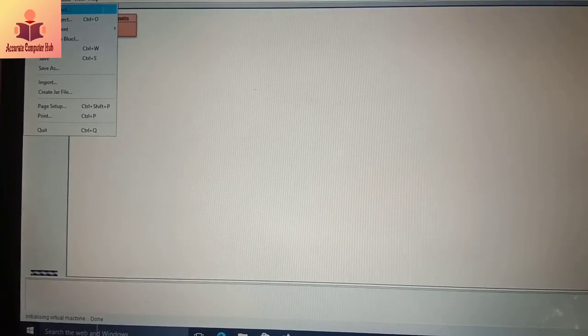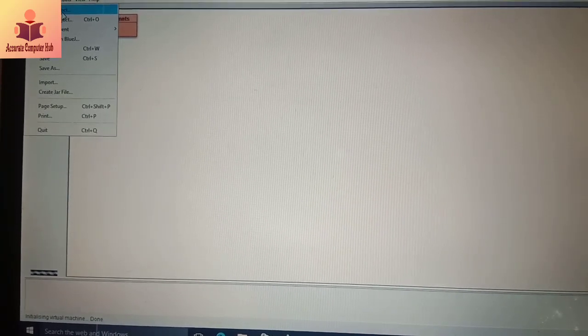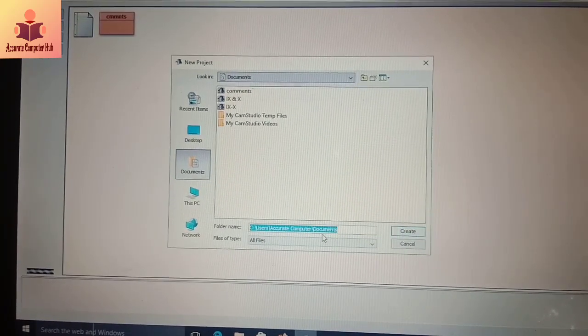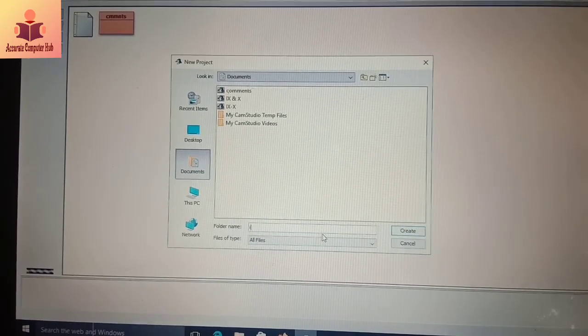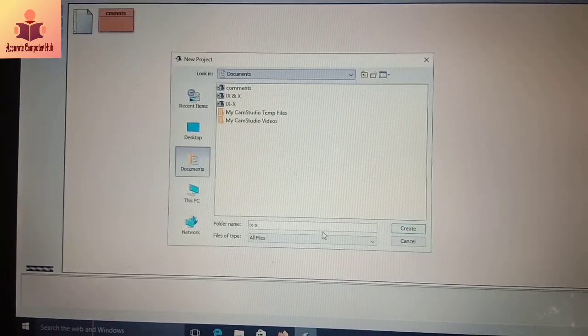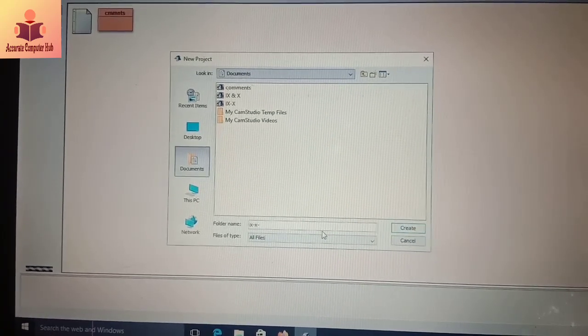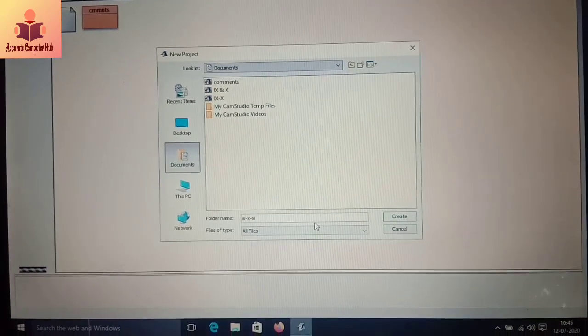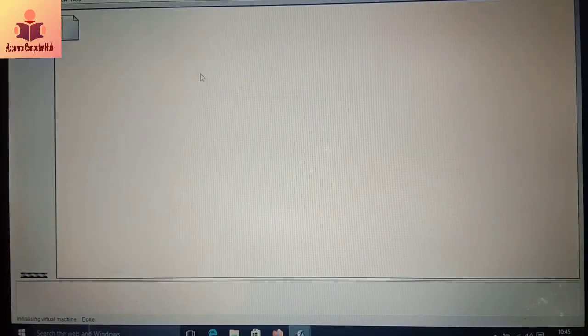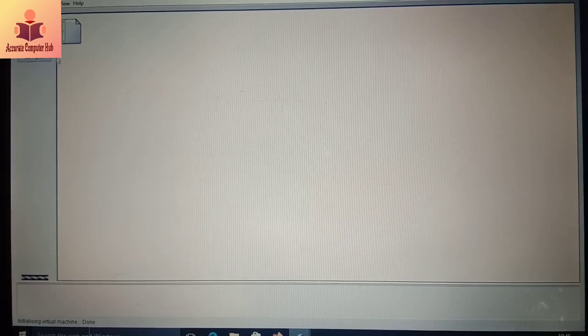Here the option is given, new project. You have to click on new project. Then in the name of the project you can write anything. I am just writing 9, 10 and 11, and just enter. When you click on enter, this window opens.